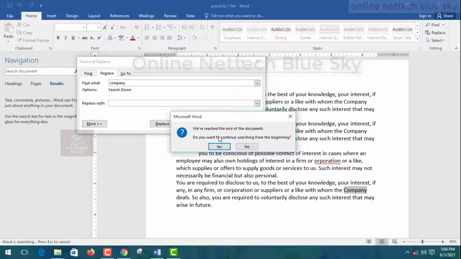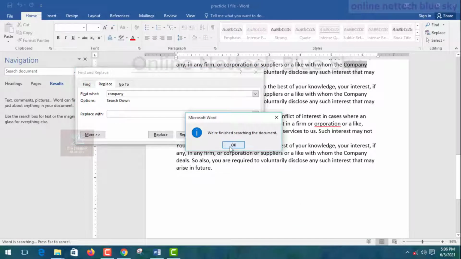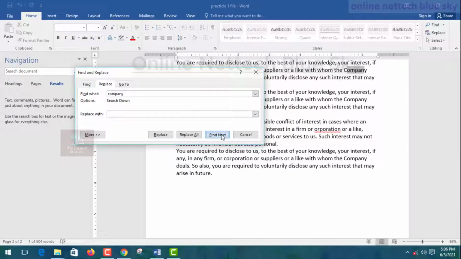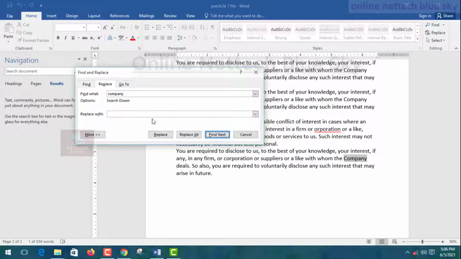Find everything, you can see it showing me company. Find next, everything showing the company name. Okay, and after the find completes, it shows me finish. But the company name can change automatically to another name.